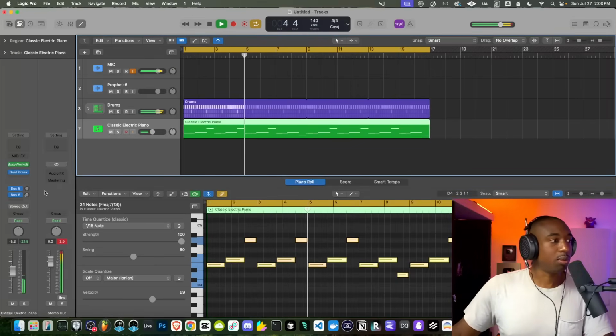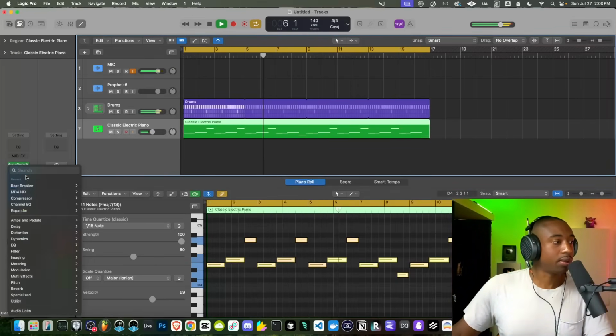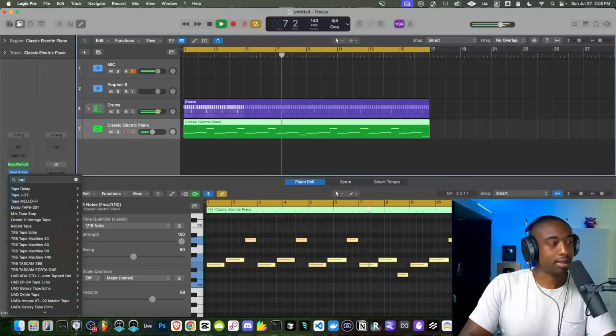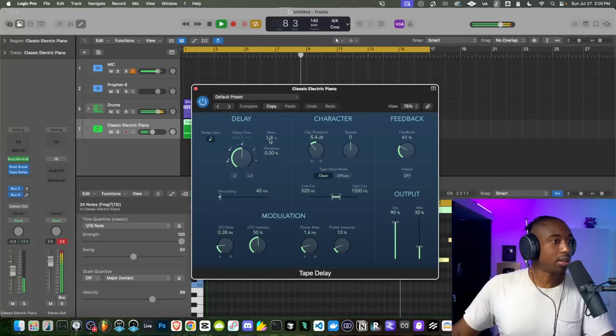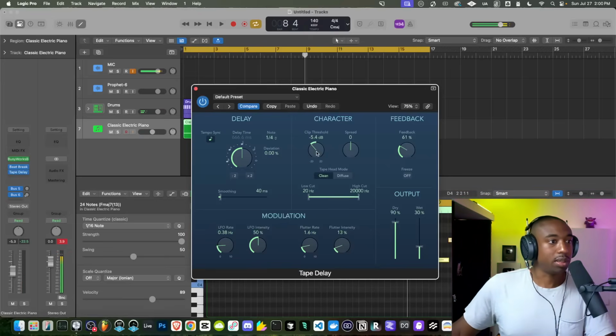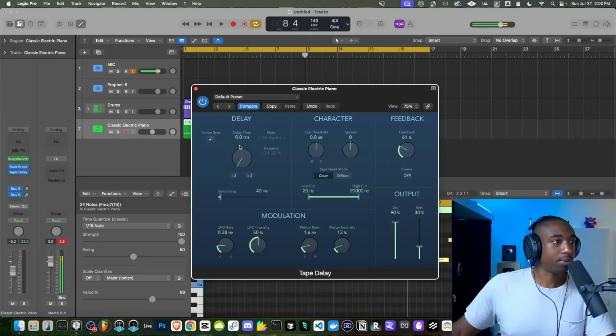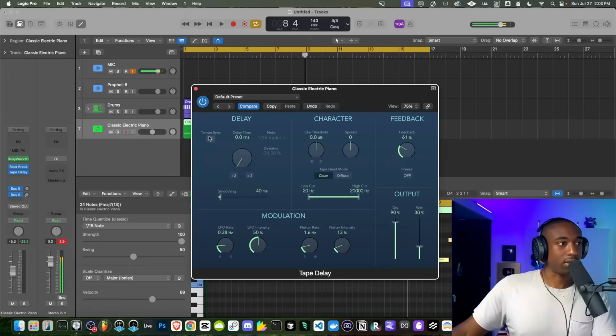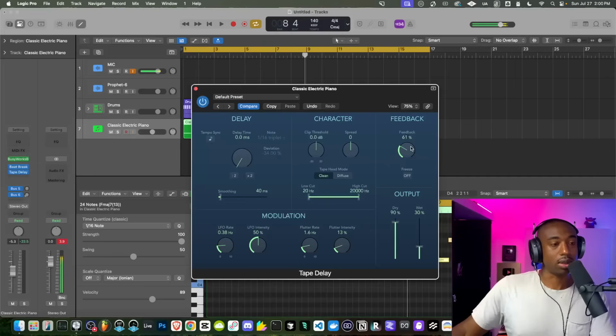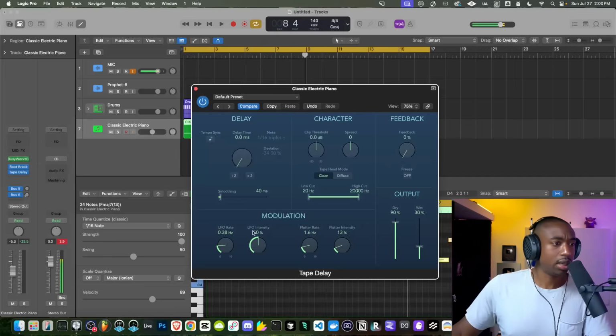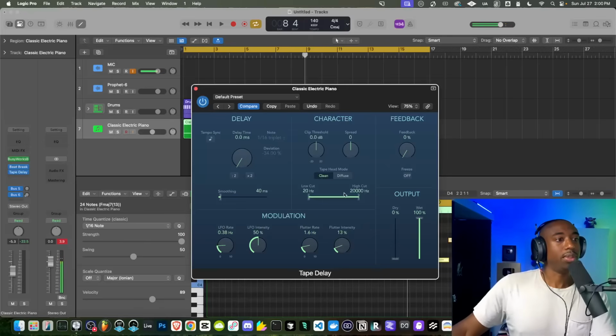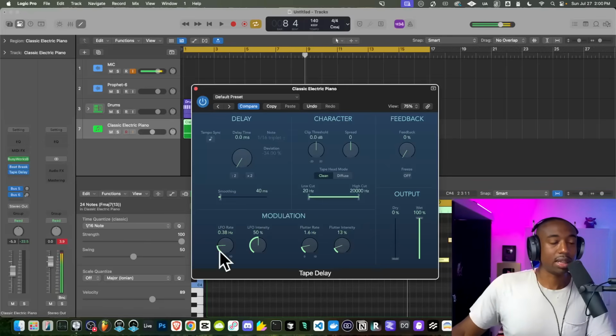I'm just going to show you guys a couple plugins I like to sound design with. So let's go to tape delay. This is one of my favorites. Now here you have to know what you're doing, but basically we're going to open this up, reset all the parameters here. We're going to turn the delay time to 0. You have to take off tempo sync to do that. Turn the feedback down, and we're going to turn the wet level all the way up, turn the dry level down for now. And once everything is reset, everything becomes an effect.